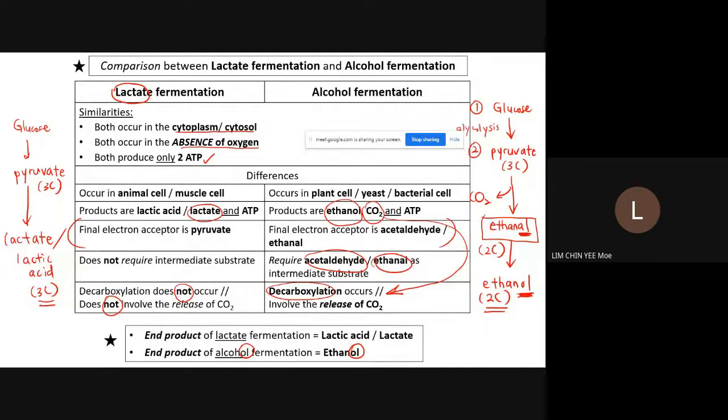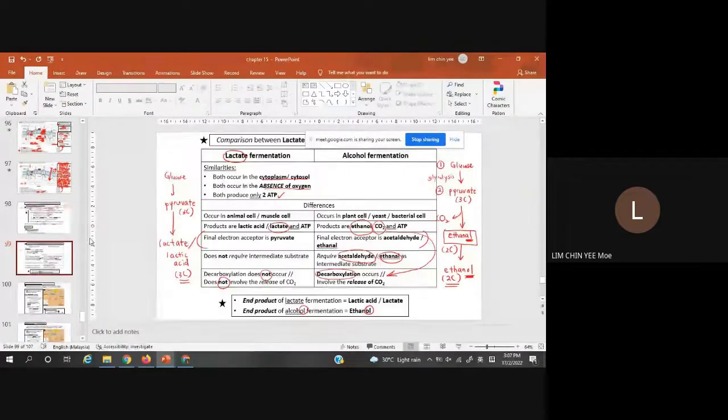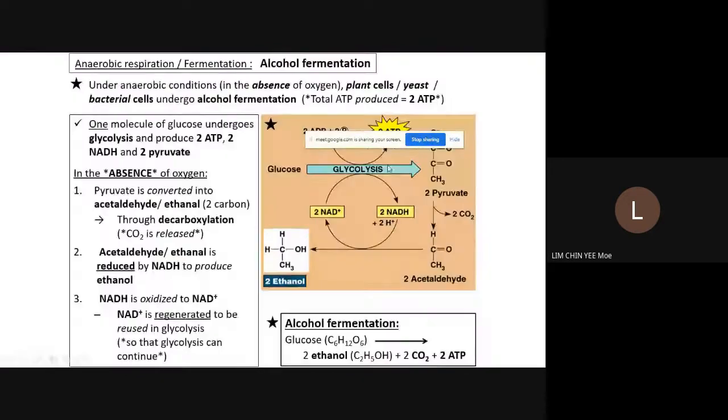Now let's look at alcohol fermentation. Am I too fast? Boleh juga, miss. Boleh ya. So apa yang Miss letak star ini kena tahulah. So first of all, cancel the title. Sebab I takut you keliru. So cancel it, tak nak tulis anaerobic, terus fermentation. So fermentation kita ada 2, satu alcohol, satu ialah lactate